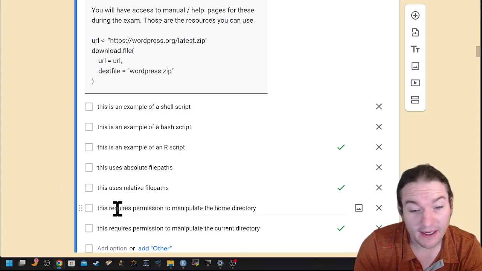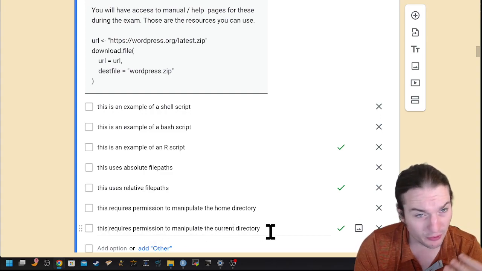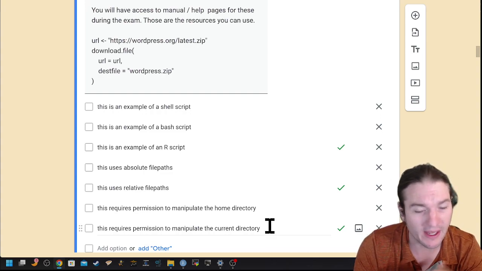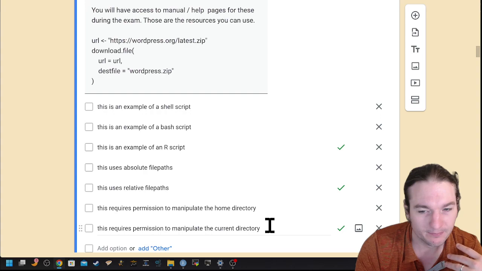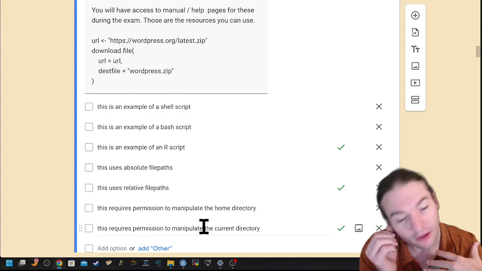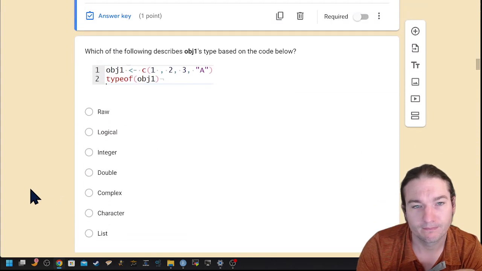But in the end, it's certainly something happening at a relative location depending upon the working directory of R, aka the current directory. So it would require permission to manipulate that current directory. Cool. Not too bad, right?